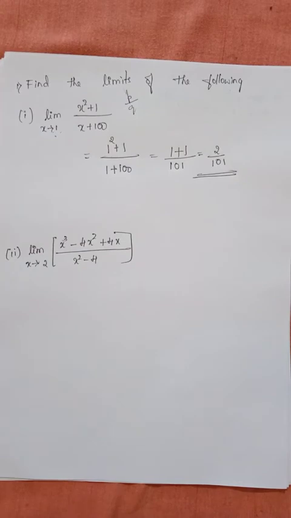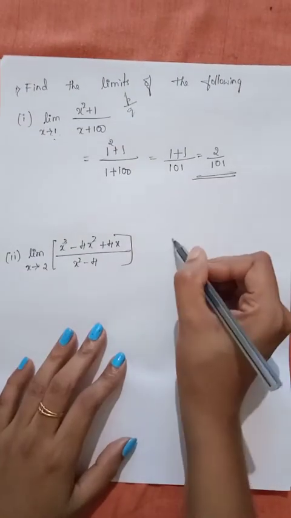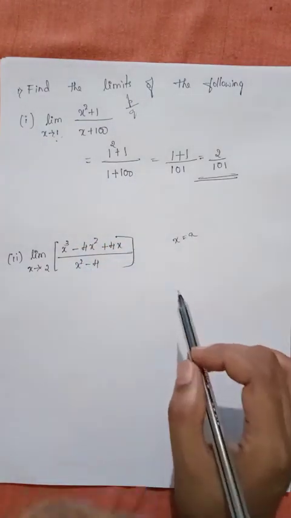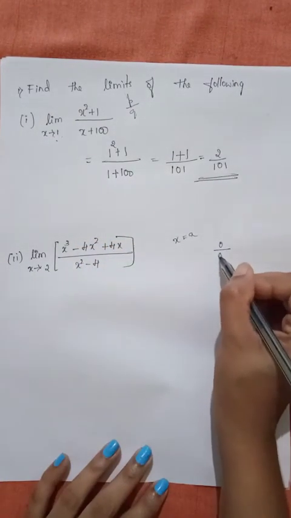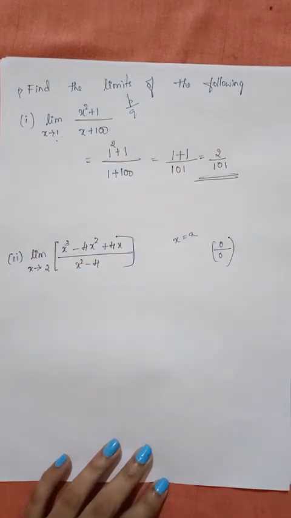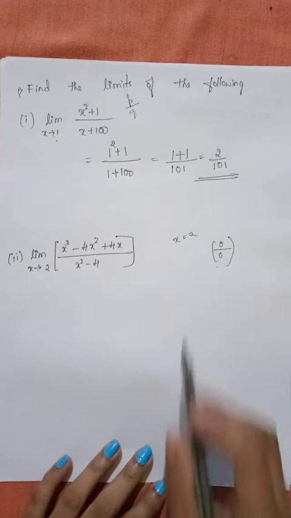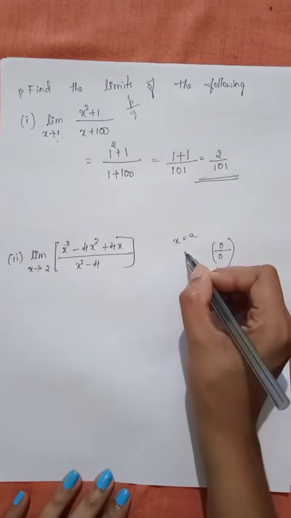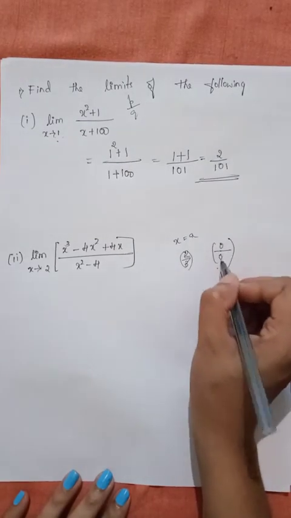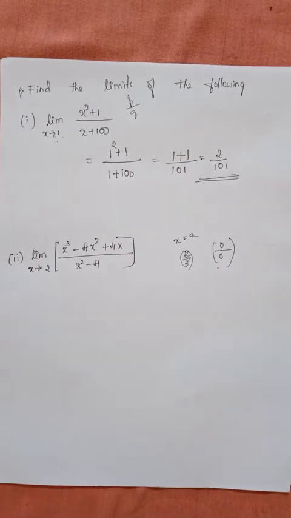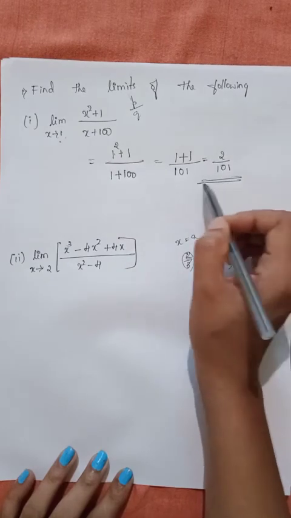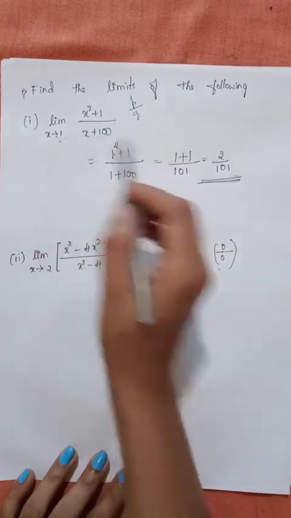So, this is your limit. What normally we do is, we check whether, when you apply x is equal to a in the limit, in the numerator and denominator, you get 0 by 0 form. If you get 0 by 0, numerator is also 0, denominator is also 0, then we go for some other method. If we do not get 0 by 0 form, that is, we get something else, say 2 by 3, some other numbers other than 0 by 0, then that is nothing but the limit. Just like here, when I applied x is equal to 1, I got 2 by 101. So, this is the limiting value of this function as x tends to 1.